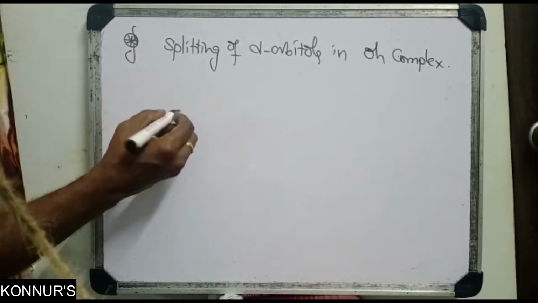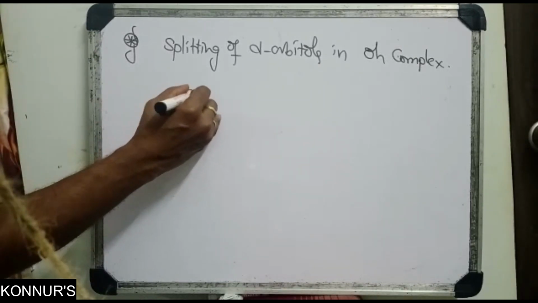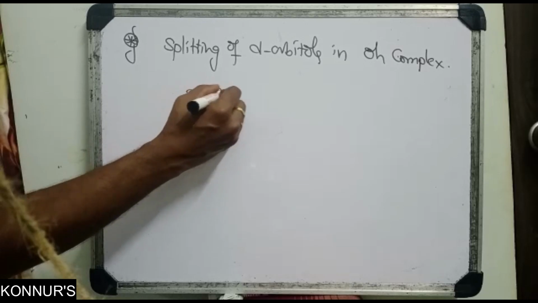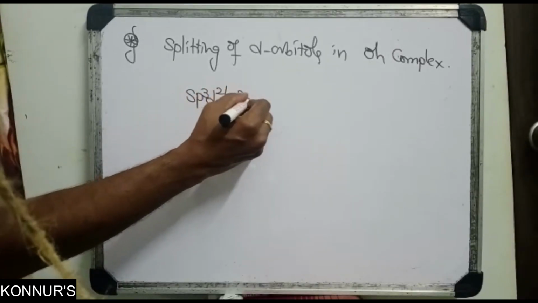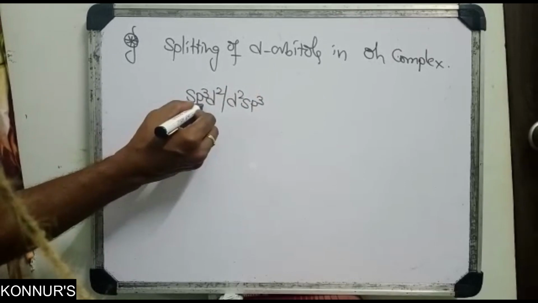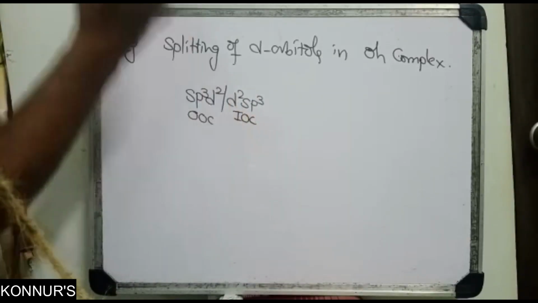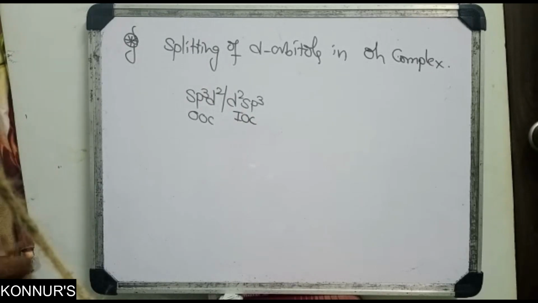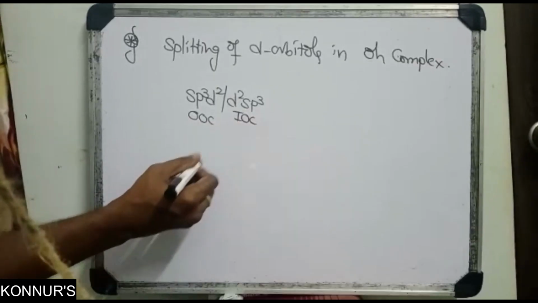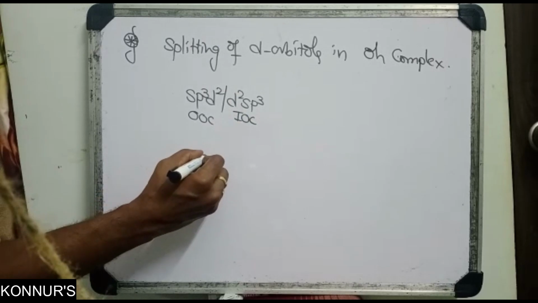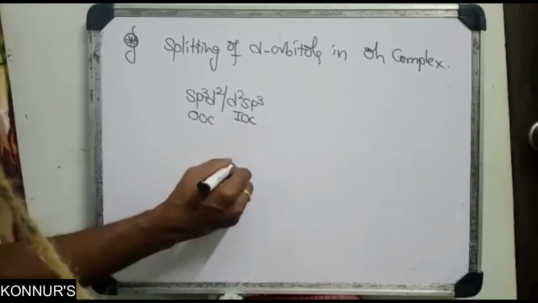Suppose octahedral hybridization is sp3d2, otherwise d2sp3. So this is an outer orbital complex, and this is an inner orbital complex according to VBT. Now, if you take the octahedral structure,